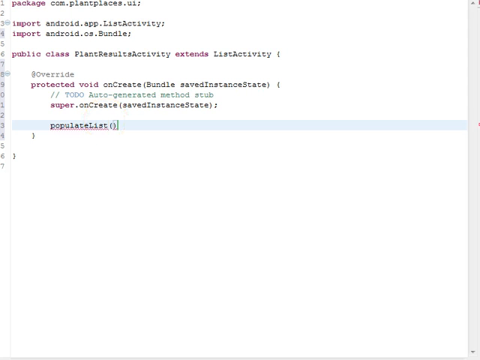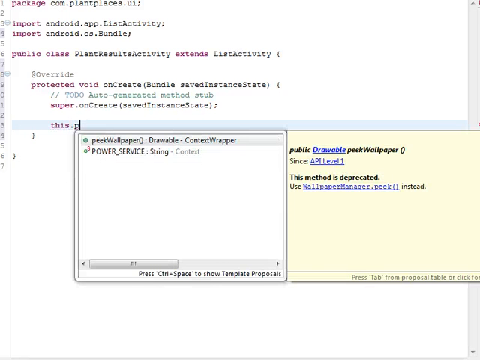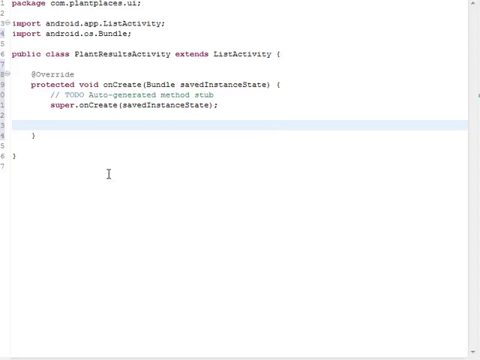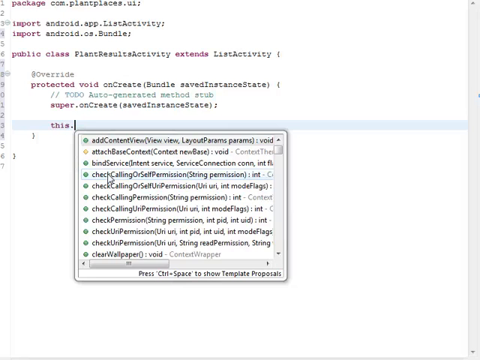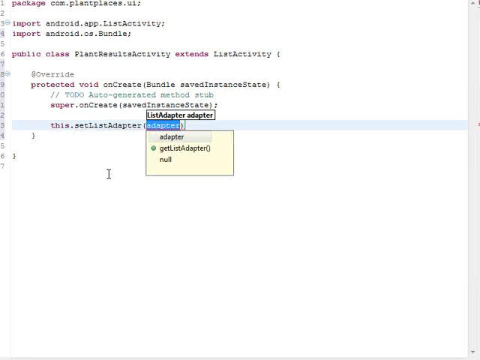This method is going to take, I'll tell you what, it's probably easier if we could do the context-sensitive help. Well, I don't see my populateList. Sorry, one second again. The method is actually setListActivity, or setListAdapter. Okay, setListAdapter, new list adapter,